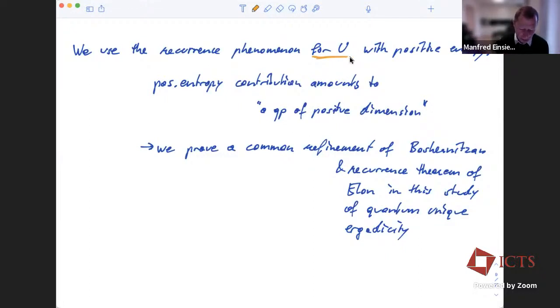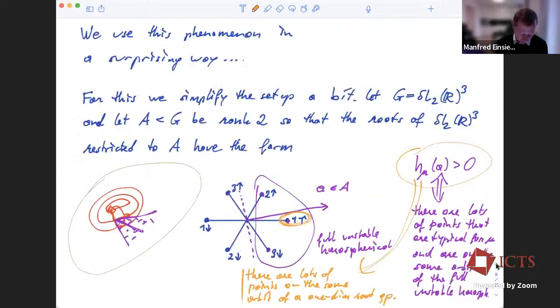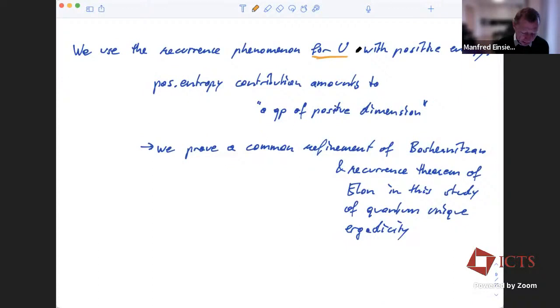But in a sense, what's happening is that this positive entropy contribution claim that we established here, by saying, okay, the three together have positive entropy contribution, but with higher rank, you can reduce it to one of them has positive entropy contribution. This claim, in some sense, amounts to saying that we have something like a group, well, not really, but we have something of positive dimension. Because there are various ways in which you can define entropy, and there are many ways. That's precisely why entropy is such an interesting and important notion, because it has so many different definitions, and they all lead to the same quantity. And that's also happening here. We actually define something like a Leaf-wise measure,